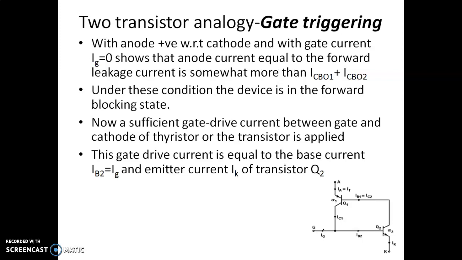If we are giving the current Ig in the gate, that will drive the transistor Q2 to the on state, and that will drive IC2, thereby Q1 will be on and alpha 1 will increase, so that